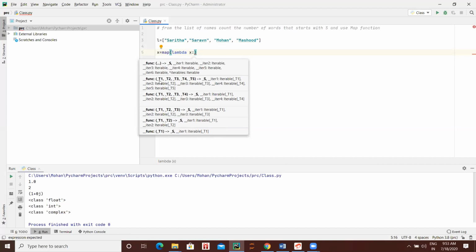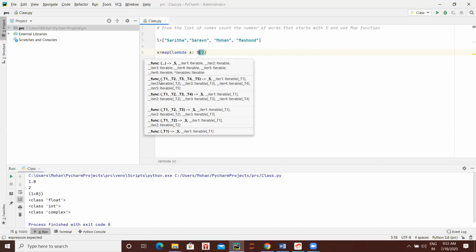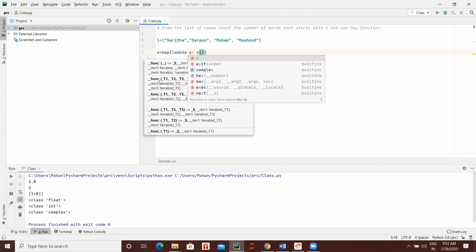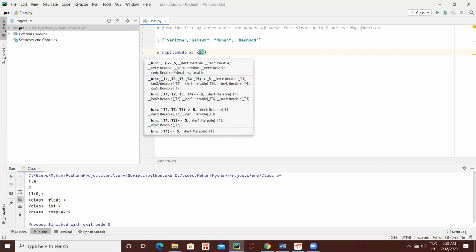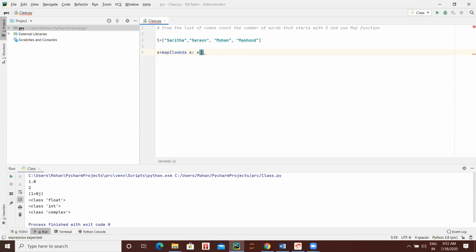What do you want to check? The first letter should be capital S, right? How to check the first letter? x square bracket 0, equal to, double equal to, capital S within quote.